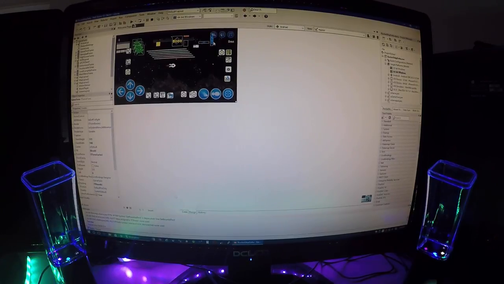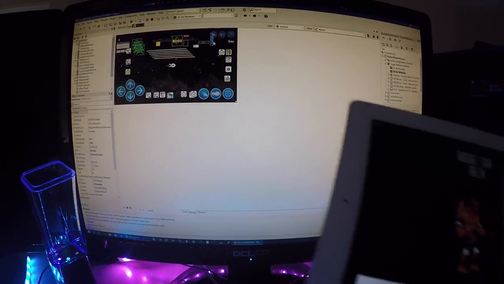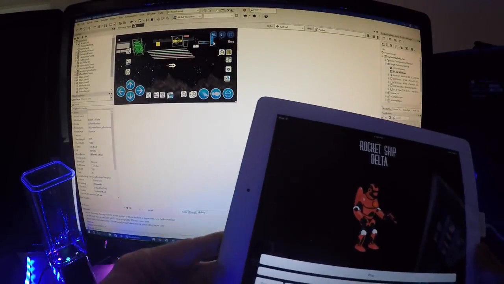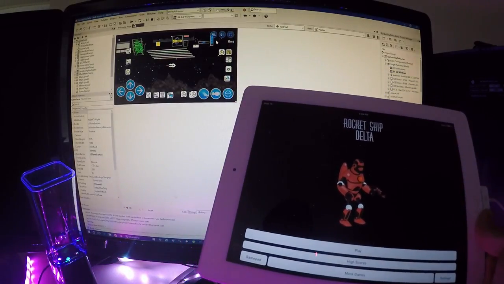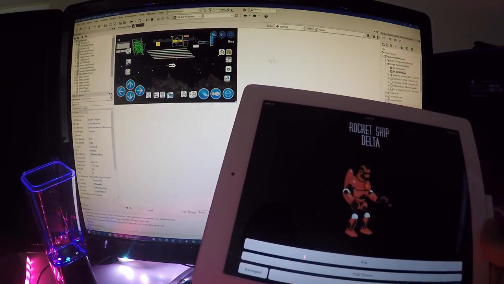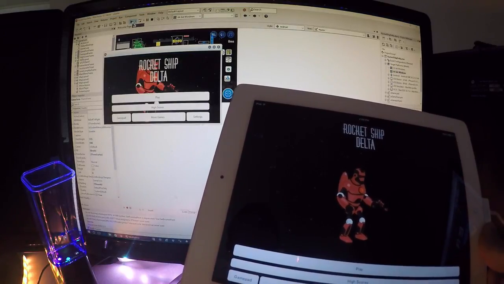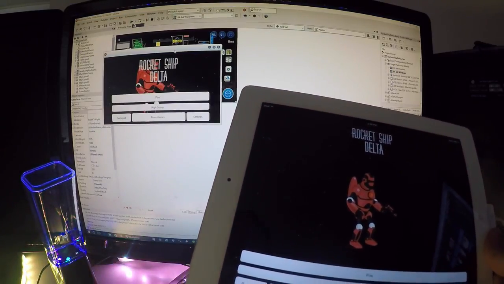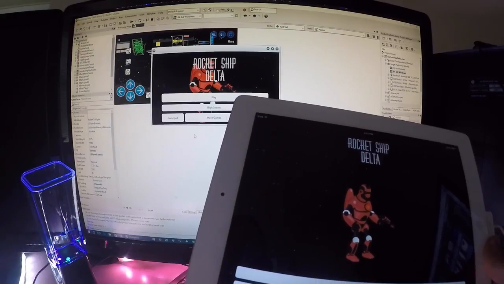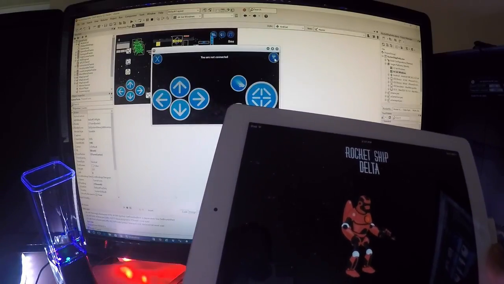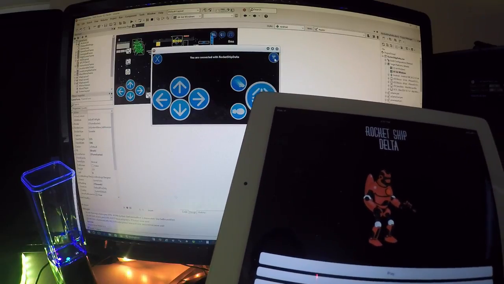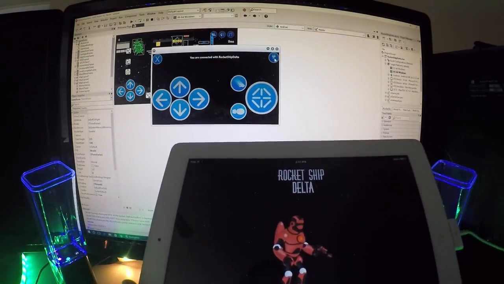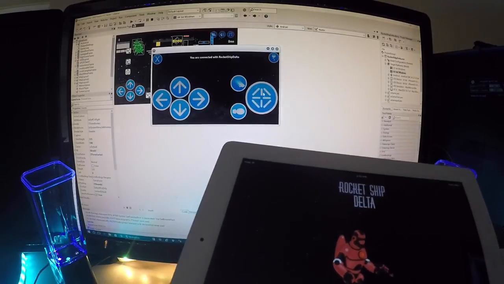So I also want to demonstrate connecting from Windows using the Windows keyboard as the gamepad to an iPad device and controlling the iPad from the Windows keyboard. So I've got the Rocket Ship Delta set up over here as the app tethering server, and I've got Delphi open here, and I'm going to compile it to Windows 64 because why not? It handles all of these platforms over here. I'm going to go to the gamepad, and I'm going to connect the app tethering to the iPad 2 device, and now it's connected. I'm going to go down here to the keyboard, and I'm going to click fire to